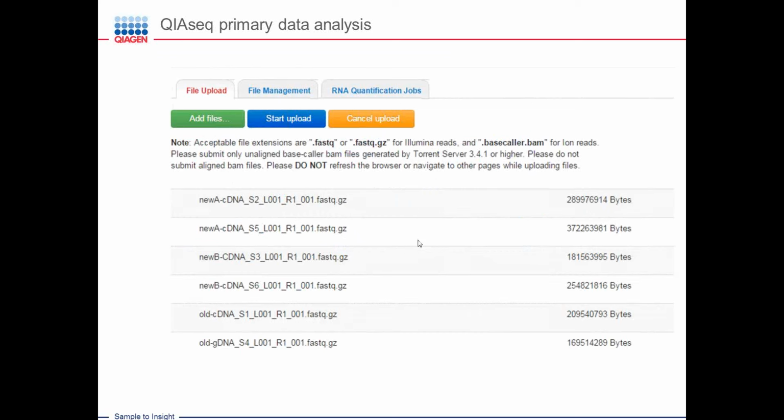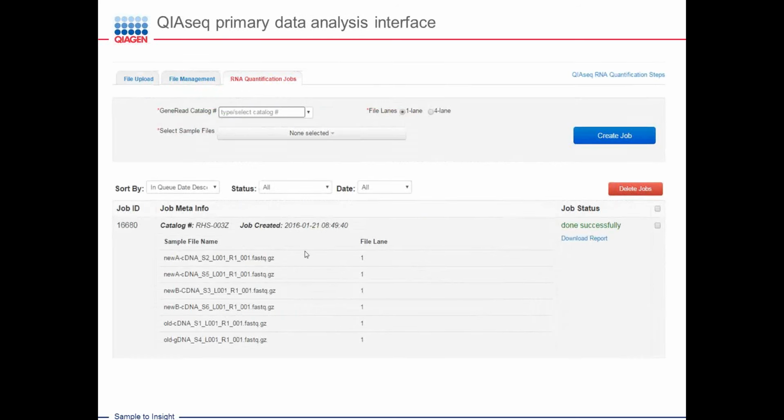Once you've uploaded them, you do an RNA quantification job. You create a job. You pick the file that you're using. You come back after 2 cups of coffee. What the software is doing